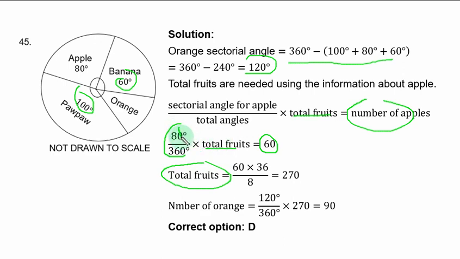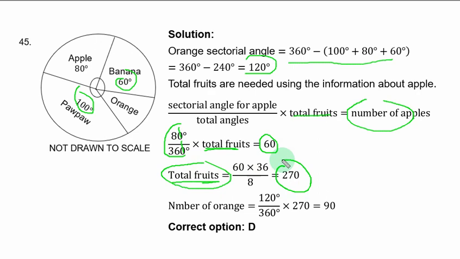First, 0 can take care of 0. You are left with 8 over 36. To make total fruit the subject, you multiply through first by 36 that is remaining, so you have 60 over 36, and you divide by 8 to have total fruit standing alone, and that is